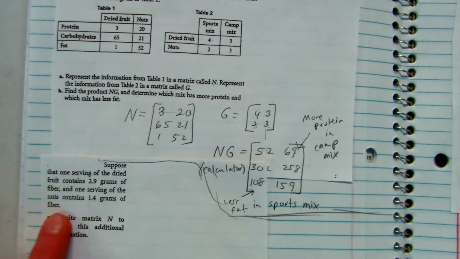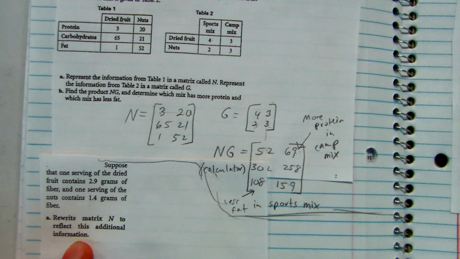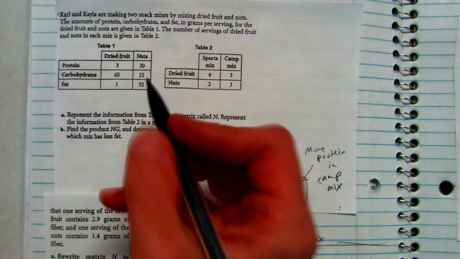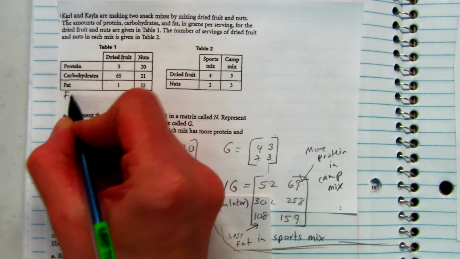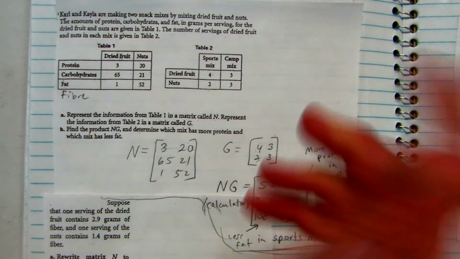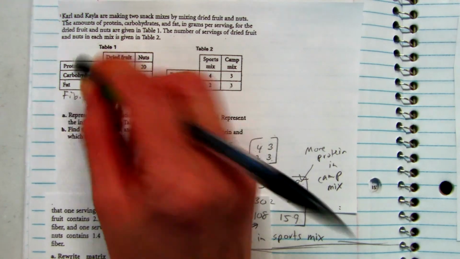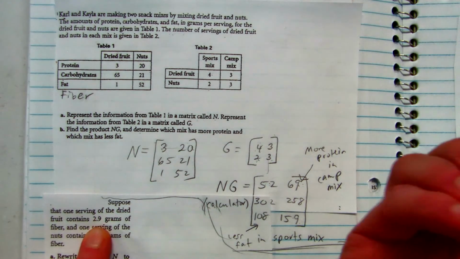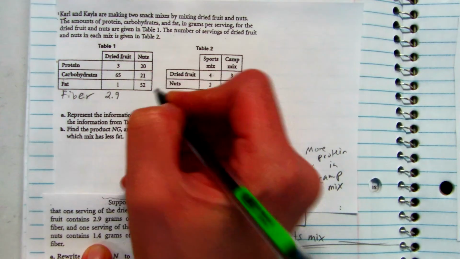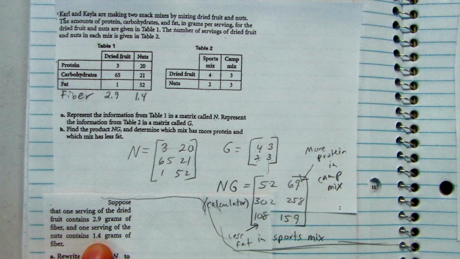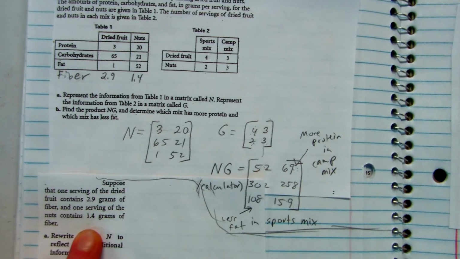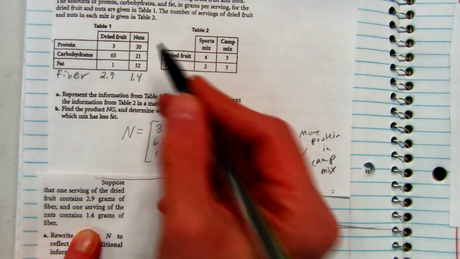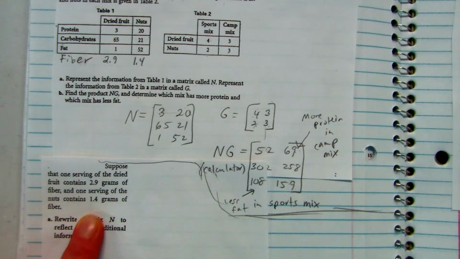So it says we're going to rewrite matrix N to reflect the additional information. So if you go back up to this table, we're just adding fiber, which I spelled R-E the British way instead of E-R, because why not? And it tells us there's 2.9 grams in the fruit and 1.4 grams. So they're smaller numbers, but that's fine. And then we'll just put this into the matrix, and on the calculator, it'll be easy to add